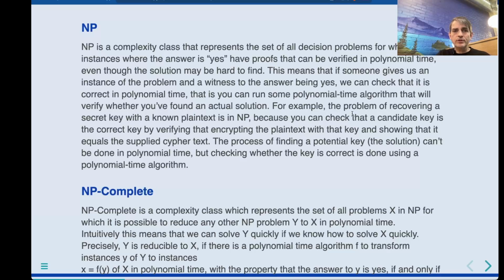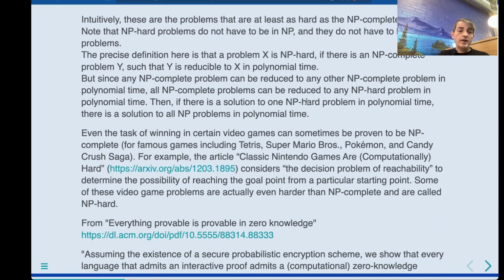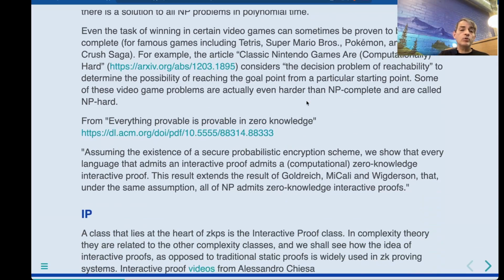Now, I'm not going to go through the rest of these classes very much. It's worth reading up about, but we don't really have time for that. But what I will say is that we also have the idea of transformations. So we can transform these problems from one into another, which can be very useful. But this transformation needs to happen within polynomial time. And if we can do that transformation, then we have the NP-complete class. Okay. I'll skip over the NP-hard, but I want to mention the IP class, because this is very relevant to